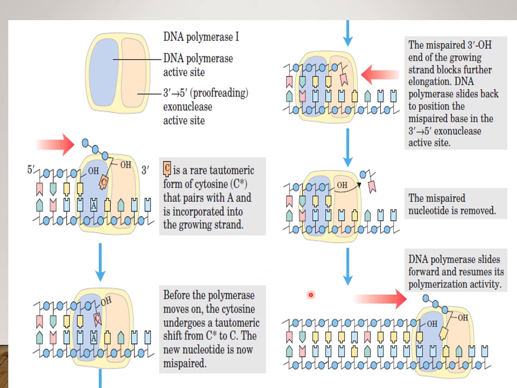Every single nucleotide has to pass through the checking. If correct, only then will it be passed ahead. If wrong, it will be removed and replaced with the correct nucleotide. This is how the body works wonderfully, maintaining accuracy in DNA replication. I hope you understood whatever is done till now.